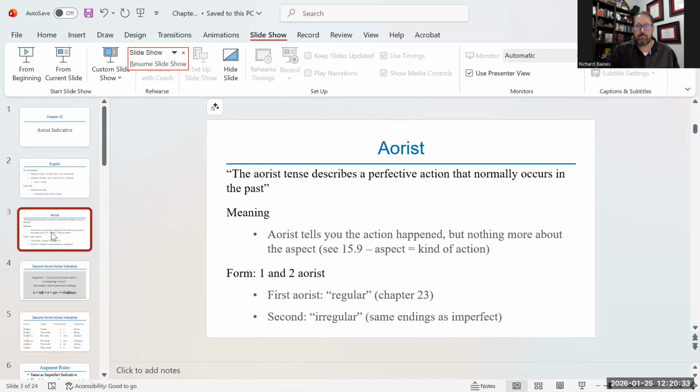Now, the good news is that in the irregular or the second aorist, which we're going to learn first, we're going to learn second aorist first because it's easier in some ways because you have those endings that you can recognize. It has the same endings as the imperfect. But I'm going to warn you,